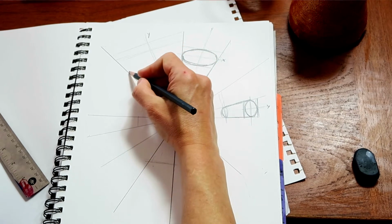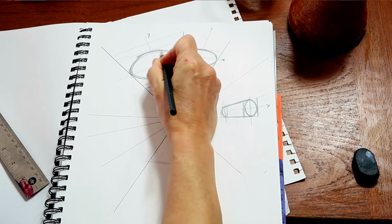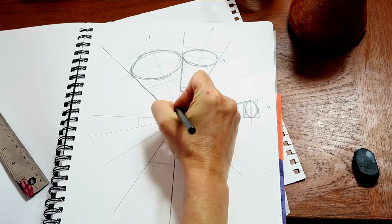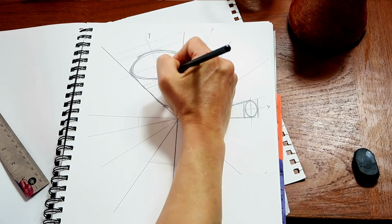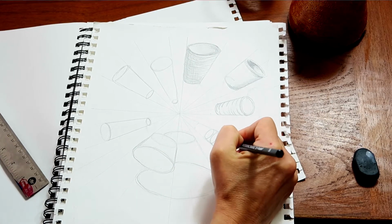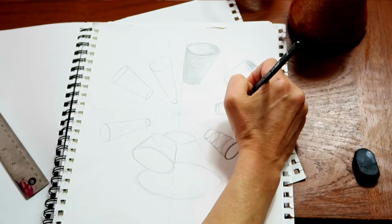All right, and then my Y is going to be here, so it's going to kind of line up with this, but here's the top. And then it's going to go down here, so it's touching this one, I guess. There. That's another one. So, I want you to have 8. These ones are more separated than what I did here. After you have 8,